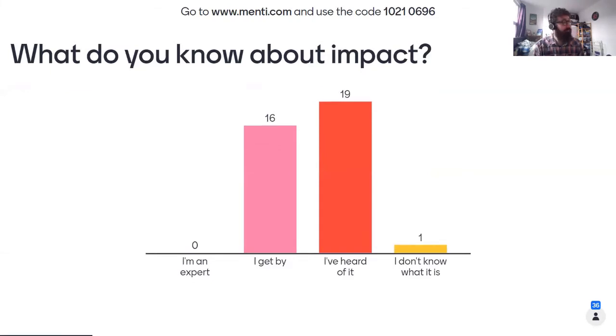And there's no wrong answer, by the way, just to be clear. Okay, so far there's a strong amount of people in the middle, which is probably the perfect spot for people, because it shows that if you're an expert, maybe you don't need to be attending, and if you don't know what it is, that's obviously not a great sign. You would hope within the institute you would have heard about it in some capacity.